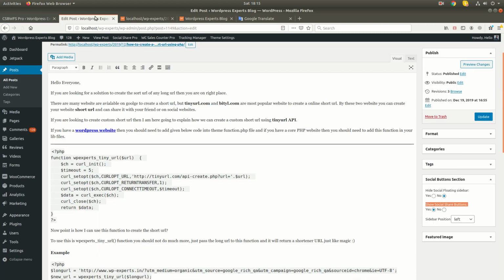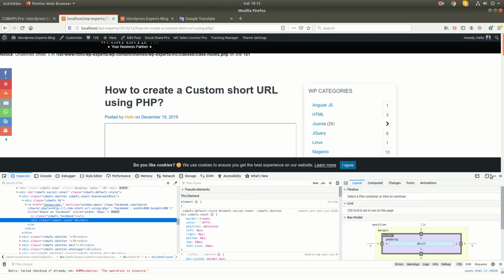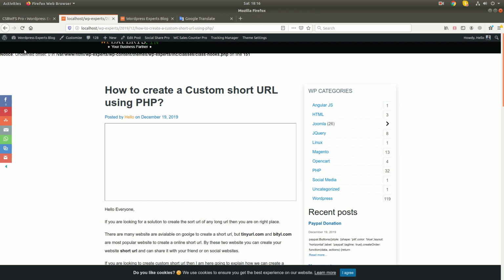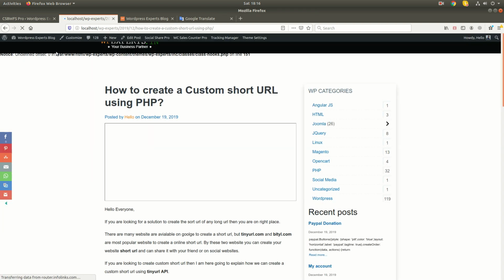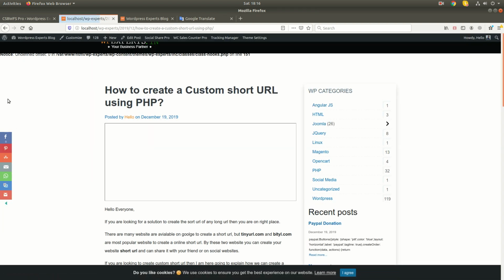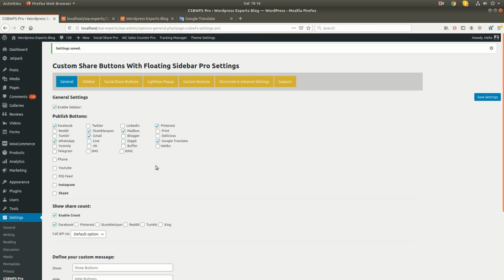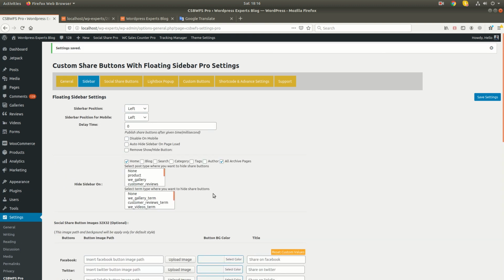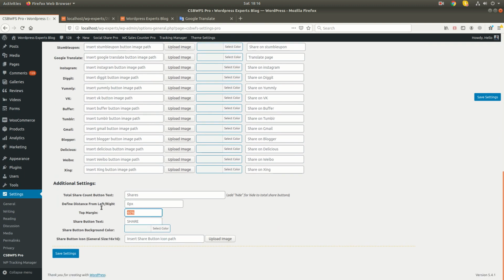then you will see the button will be published a little below the site. Okay, you can see the button was showing a little above, and after defining the position of top 40%, it's going to go below the page. Okay, so as per your requirement and your website design you can use these settings.